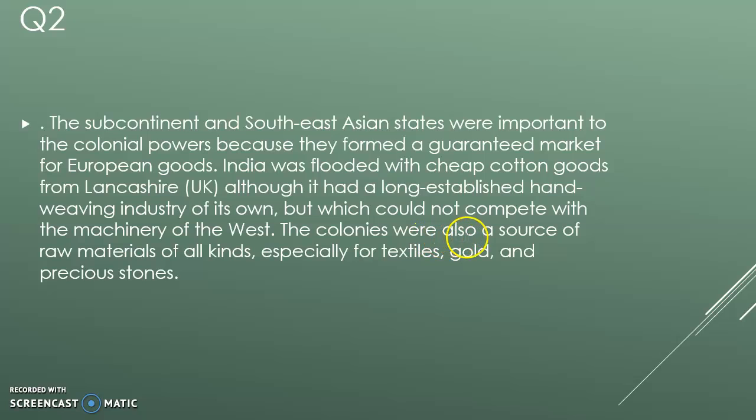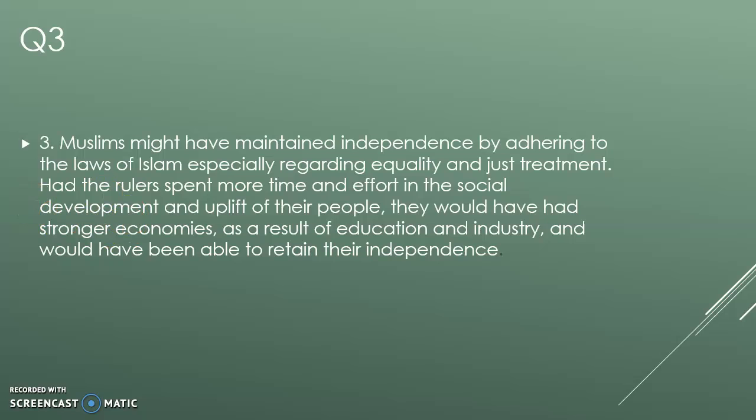The colonies were also a source of raw material of all kinds, especially for textiles, gold, and precious stones. And the answer number 3 is, Muslims might have maintained independence by adhering to the laws of Islam, especially regarding equality and just treatment. Had the rulers spent more time and effort in the social development and uplift of their people, they would have had stronger economies as a result of education and industry and would have been able to